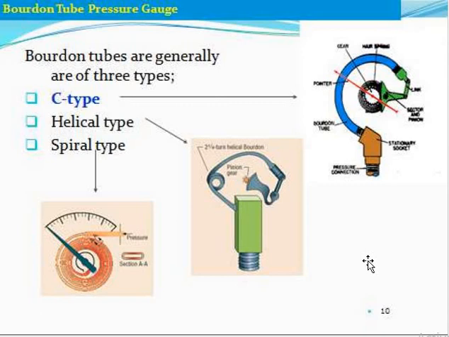In any type of pressure gauge here we cannot get accurate pressures, but with the helical types we can get accurate pressures and accurate dimensions, meaning we can measure pressures very clearly. This helical gauge we can use in ships also. We use this helical type of Bourdon tube pressure gauge. Okay, with the help of these pressure gauges I have completed this topic. Next class we will discuss another equipment.